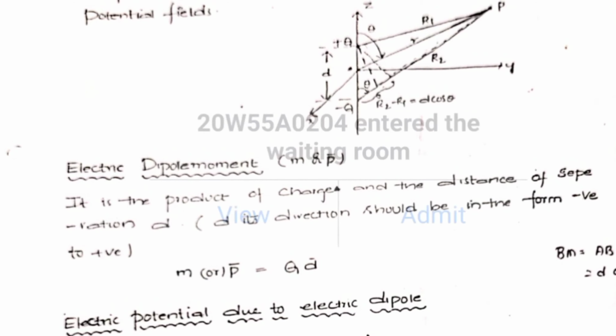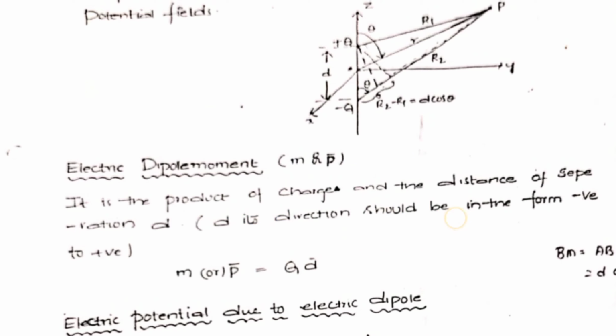It has a definite direction, which is from the negative charge to the positive charge. The dipole moment will be from negative charge to positive charge. Though it is important to remember that this convention of direction is only followed in physics. You have already studied the electric dipole in physics. In chemistry, the convention is taken to be opposite, that is, from positive to negative.